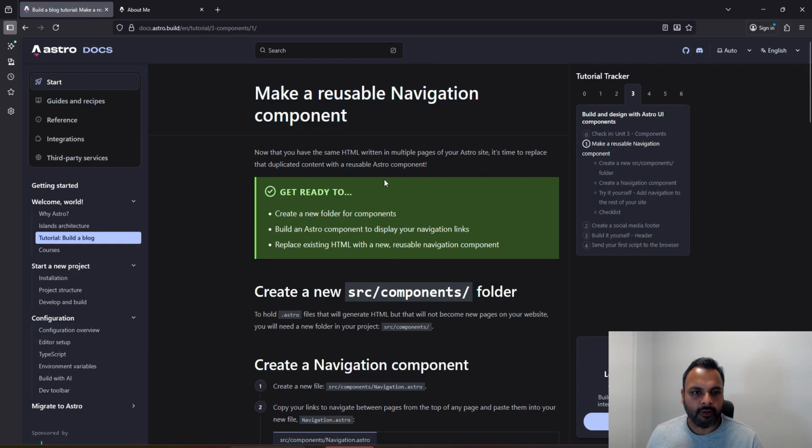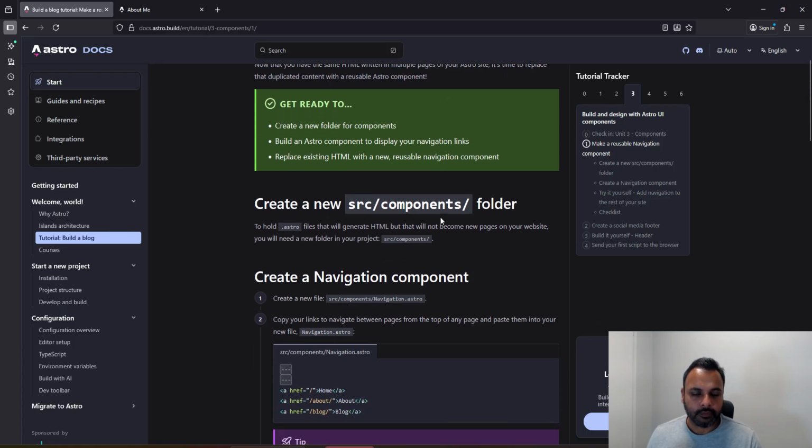Make a reusable navigation component. Now that you have the same HTML written in multiple pages of your Astro site, it's time to replace that duplicated content with a reusable Astro component. Get ready to create a new folder, build an Astro component to display navigation links, replace existing HTML with a